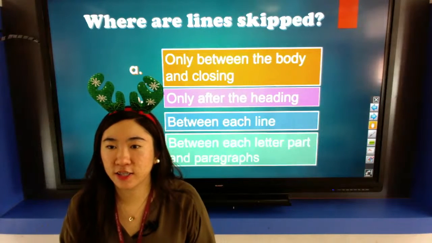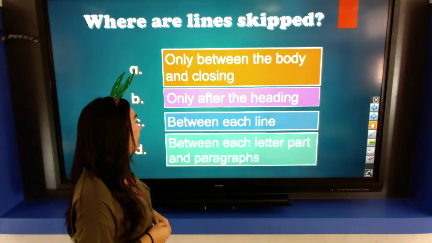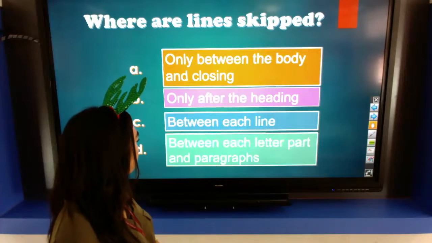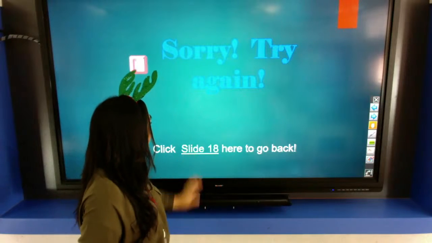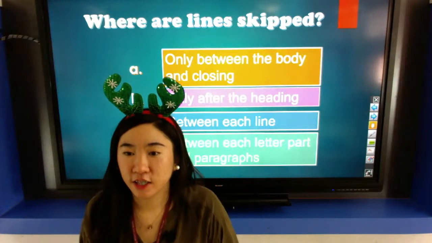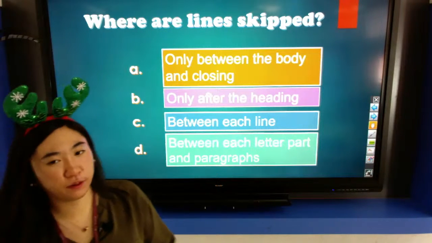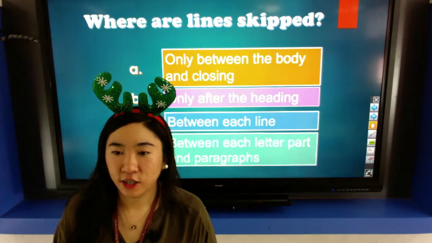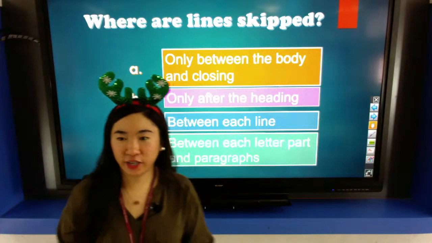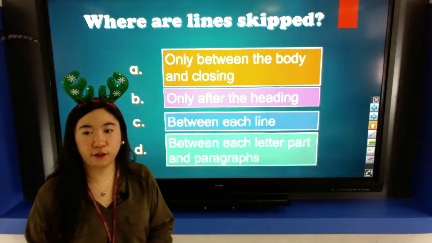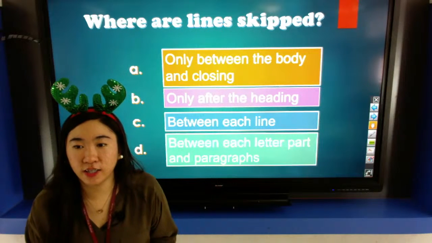What else? Letter C, between each line. Let's try. It's wrong. What else? Oh, I will give points to those who can answer this one. It's kind of hard. Okay. Hi, German. Hi, German. Okay. Letter C is wrong. Let's try letter